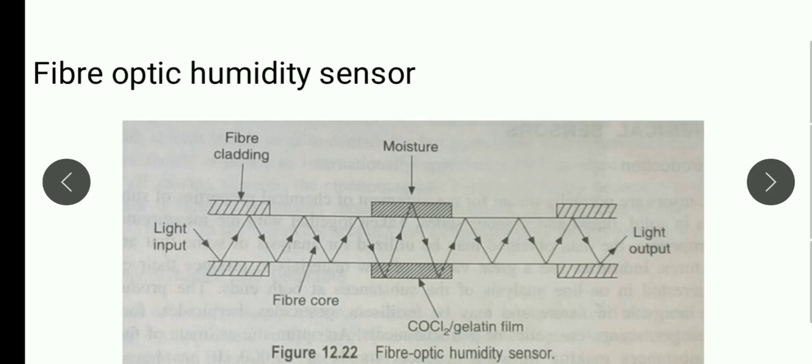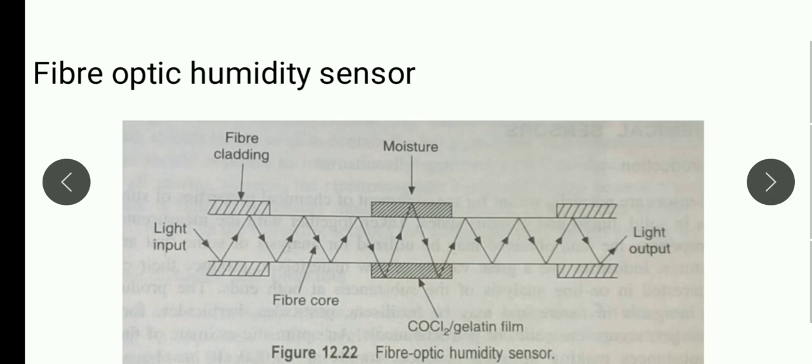As the external humidity changes, the moisture content of the film also changes. So when the external humidity outside of my cobalt chloride changes, the moisture content of this film also changes. When the moisture content changes, they turn into dark pink or light pink. So the wavelength changes here. We already know that when the light touches these salts they turn pink, but based on the amount of humidity, they may turn very dark pink or very light pink. So this pink is distinguished based on the wavelengths.